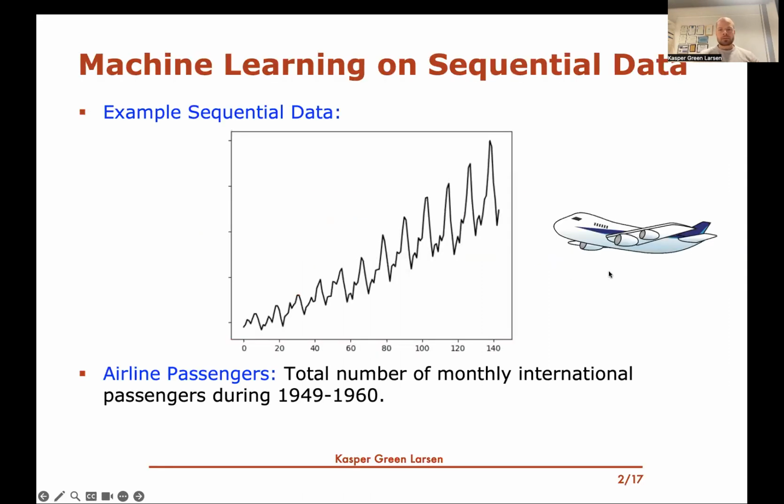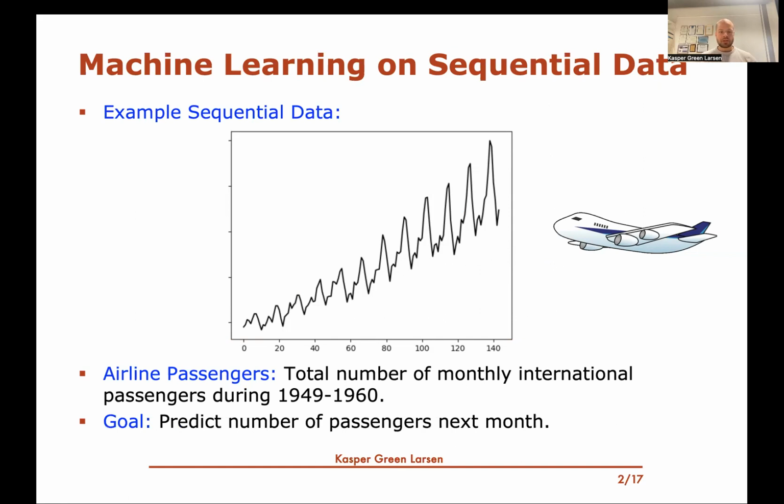Okay. So the motivation for looking at these recurrent neural networks is if you want to do machine learning on sequential data, right? For instance, here is a sequential data set, which measures the number of airline passengers every month in a period of time from 1949 to 1960. You can see clear sequential dependencies here. If you know the past, it should be reasonably easy to predict the future of this sequence of airline passengers. The goal here is really to predict the number of passengers next month based on this